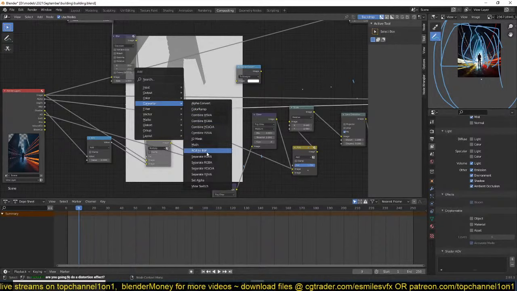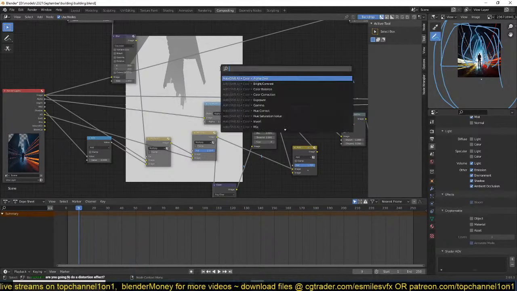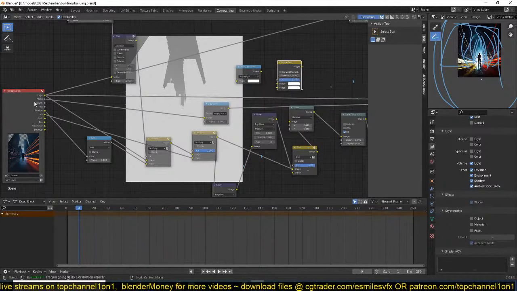Let me see, what am I missing here? Alpha over convert. Matte. Let me just search for it, alpha. There is an alpha over option so that we can get the image